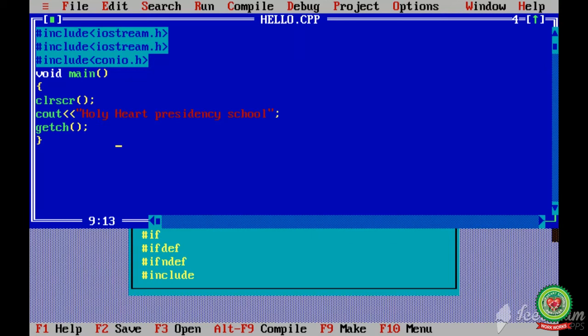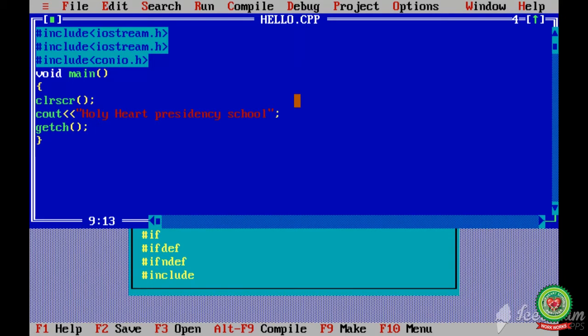I have written this code, that is my source code. It is not an executable file. Now I want to make its object code, meaning I want to convert it into machine level language. For that, we need to compile our program. When we compile our program, it will create an object file and its extension is .obj.